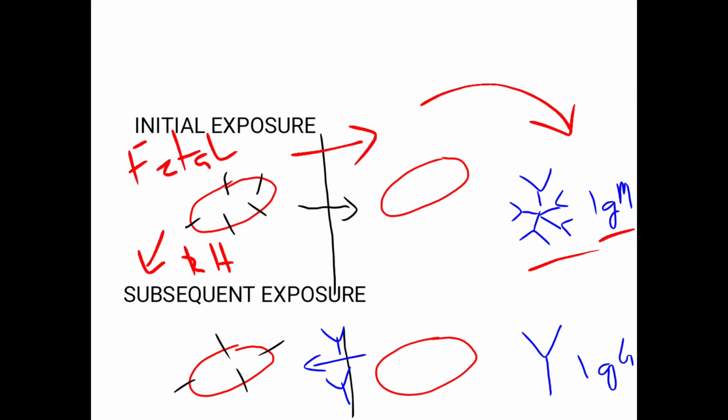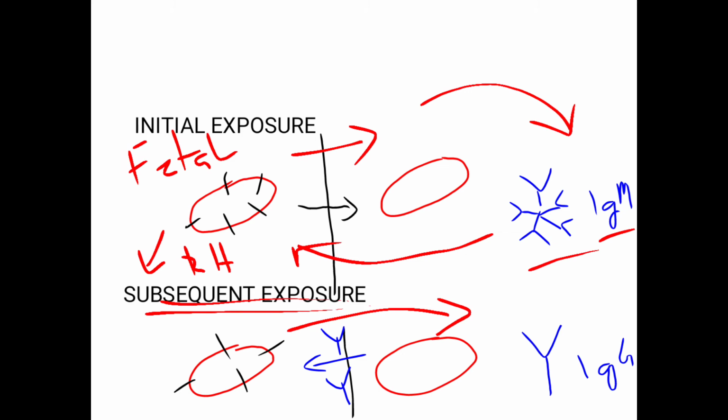Remember, these IgM antibodies are pentavalent antibodies. Due to their molecular size, they won't be able to cross the placenta, so they won't be able to destroy the fetal RBCs. But in case of subsequent exposure, like when the mother gets pregnant once more, these fetal RBCs gain entry into the maternal circulation, and the mother's immune system produces IgG antibodies, which are monovalent antibodies. They will cross into the fetal circulation, attach to the Rh antigens on the fetal cells, and cause agglutination and ultimately hemolysis in the spleen.